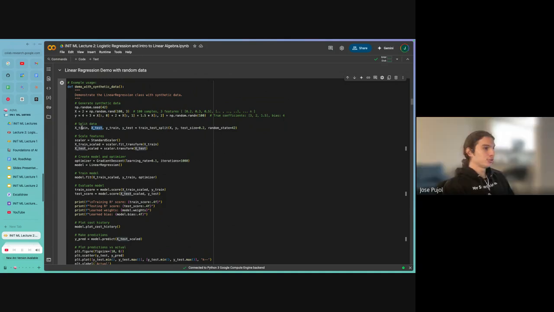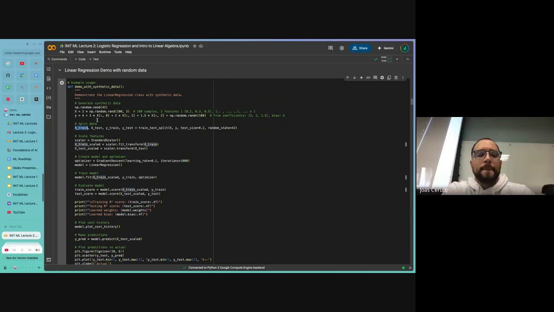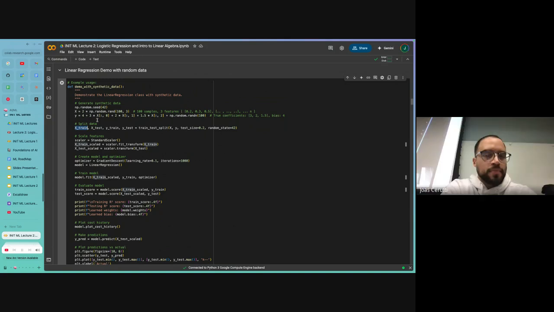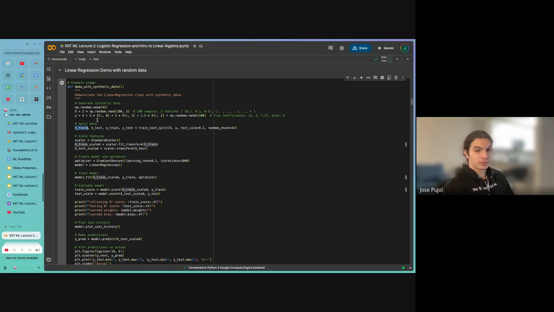So if you try to measure how well your model is doing based on just your training data, it's like if I give you an exam and I gave you all the answers to the exam, and then I gave you the exact same exam and you passed with flying colors. Did you pass because you actually knew it, or did you pass because you memorized the answers? So that's the problem with using your training data to do that. And so instead you want test data.